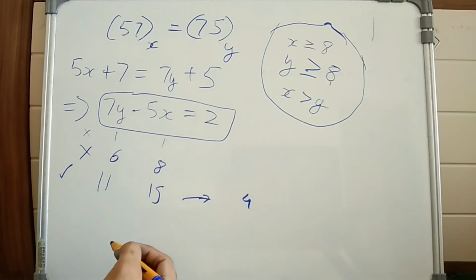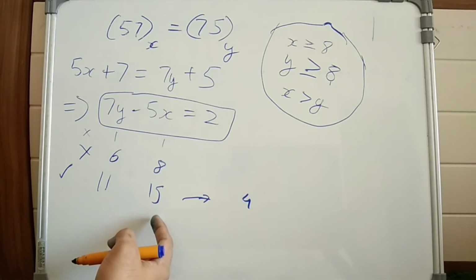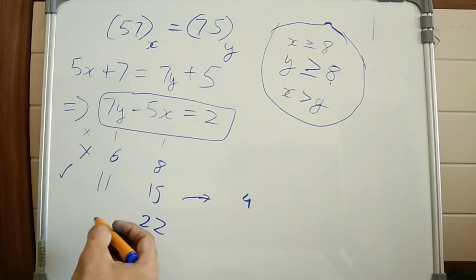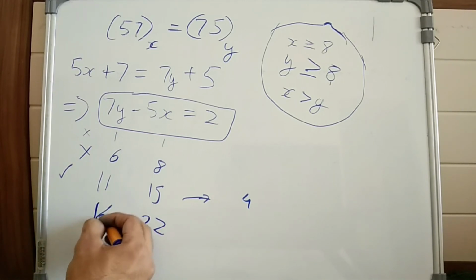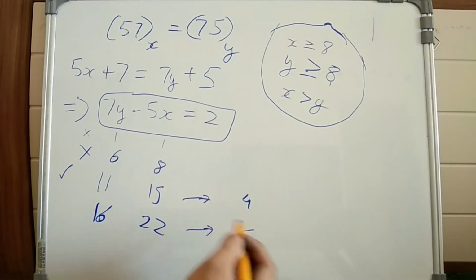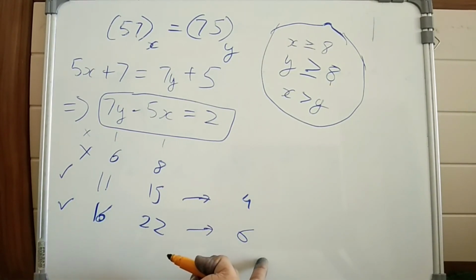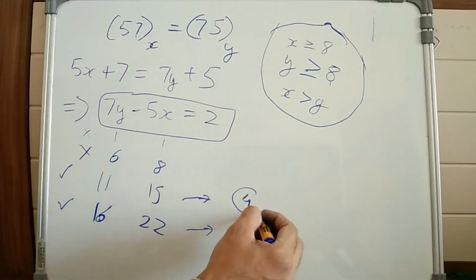Okay, so let's look at other pairs. The other x value can be 22, and here y can be 16. Here the difference comes out to be 6. So now the difference is increasing. I have to find the minimum difference of x and y, so the answer to this question is 4.